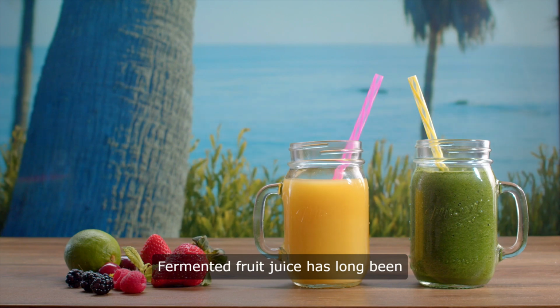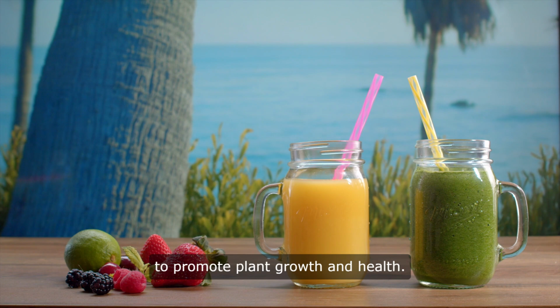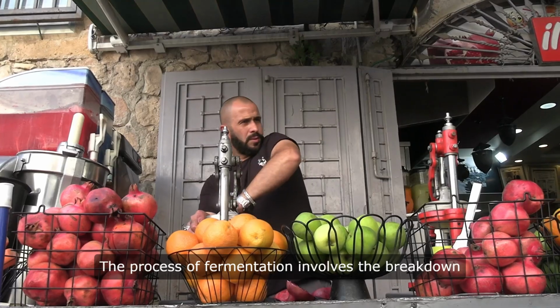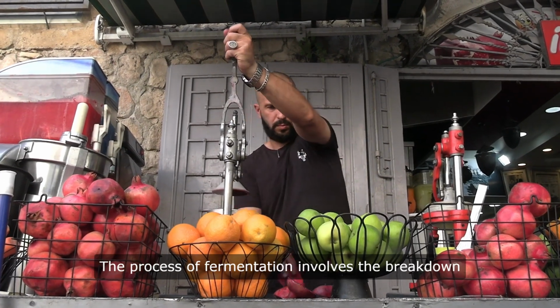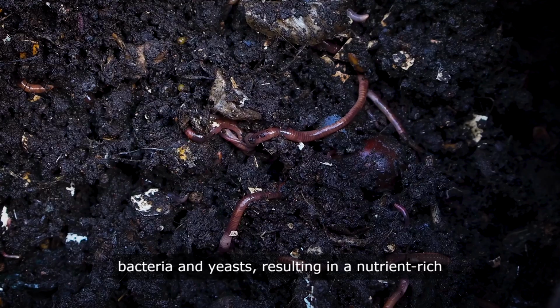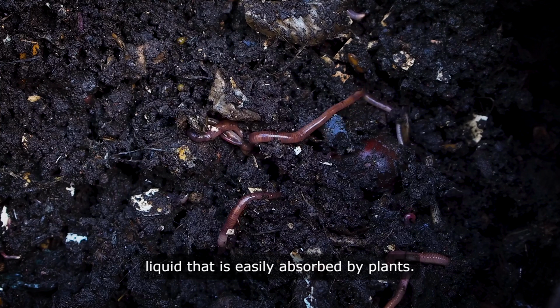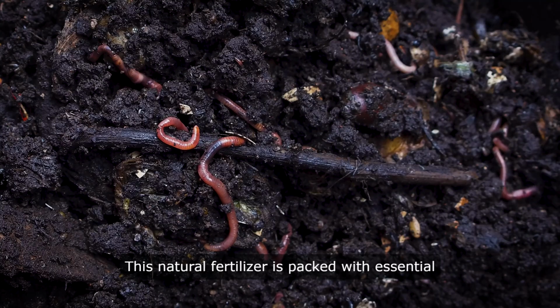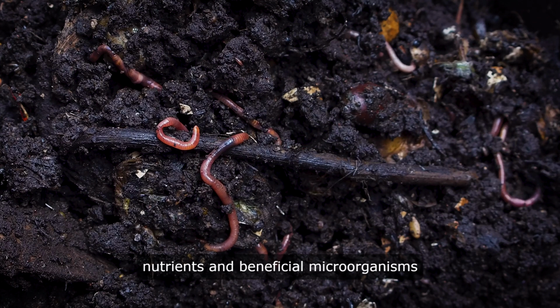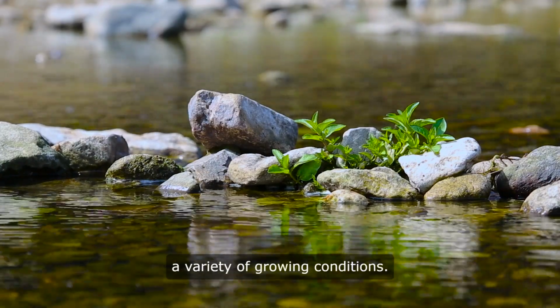Fermented fruit juice has long been used as a natural and effective way to promote plant growth and health. The process of fermentation involves the breakdown of sugars in fruit juice by beneficial bacteria and yeasts, resulting in a nutrient-rich liquid that is easily absorbed by plants. This natural fertilizer is packed with essential nutrients and beneficial microorganisms that can help plants thrive in a variety of